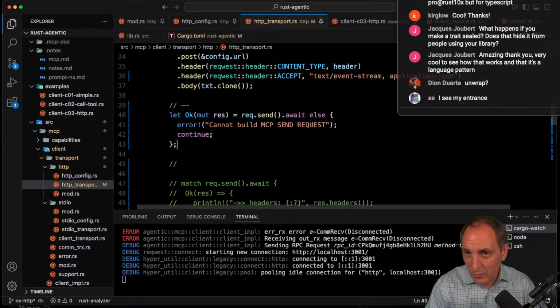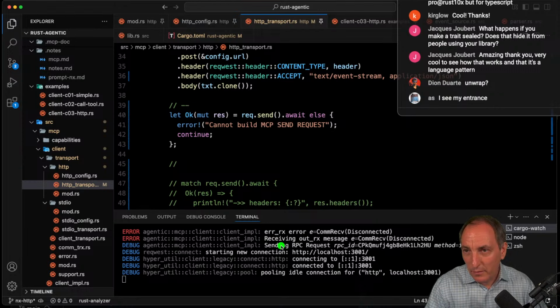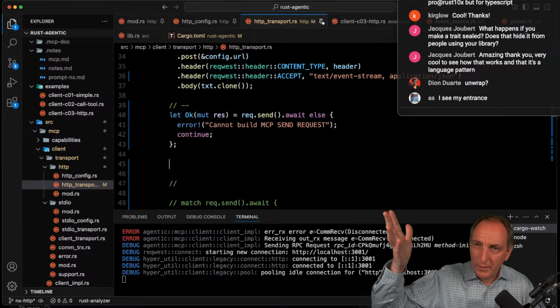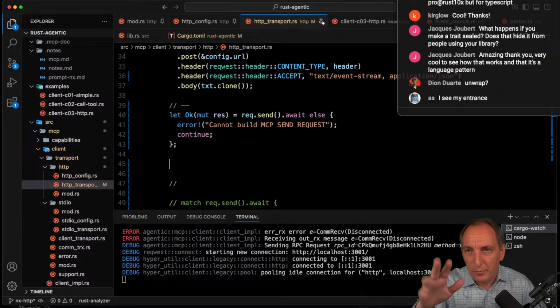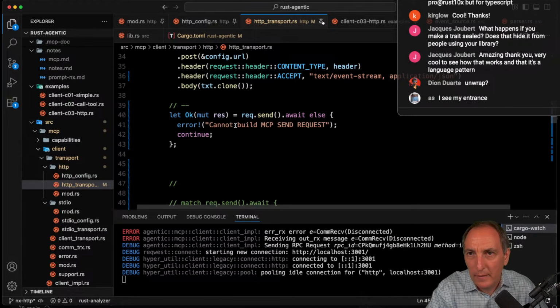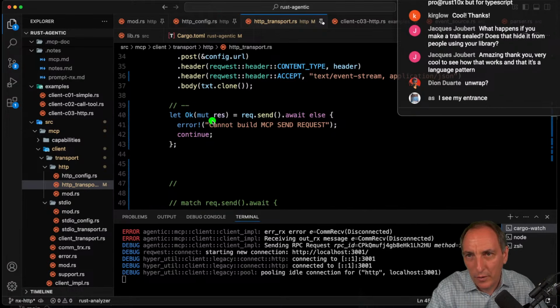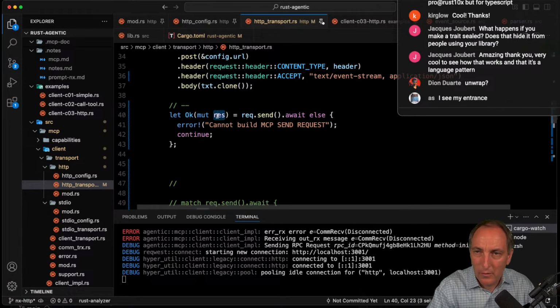That should send, it shouldn't complain, but then we don't get anything back. This will get disconnected, because we are dropping the communication and then it gets dropped, but that's fine, it does work. We'll fix that later. And so now we have the send, we get the result, we need it mutable,